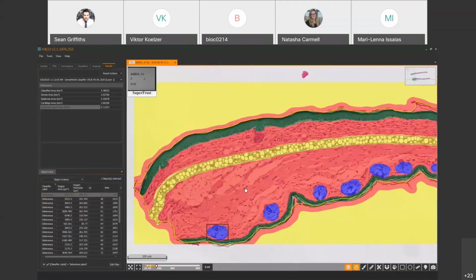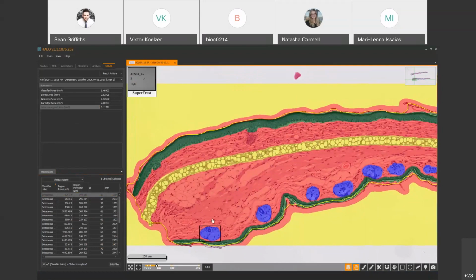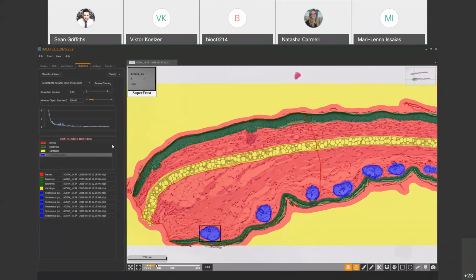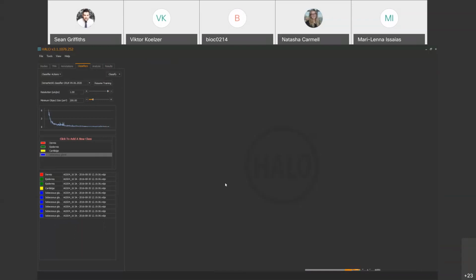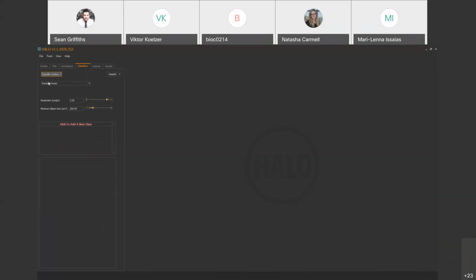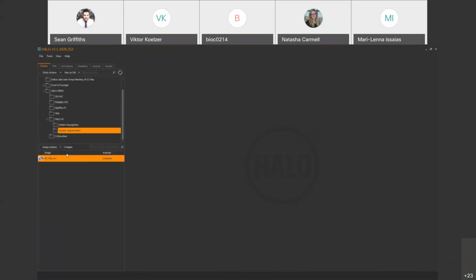Okay, so that's examples of tissue segmentation. I think I'm going to come along and just overview some other types of deep learning networks. These are new additions to 3.1. So let's close this example and select classifier actions and new. Here we're going to clean the slate, so we've now got nothing from the previous classifier, and I'm going to open a new image